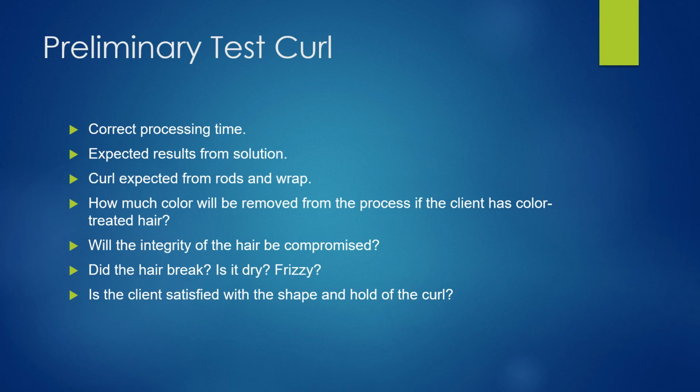A preliminary test curl is performed and is used to determine how the hair will react to a perm. You want to take note, correct processing time is used to determine best processing time for best curl development. The expected results from the solution, the curl expected from rods and wraps,